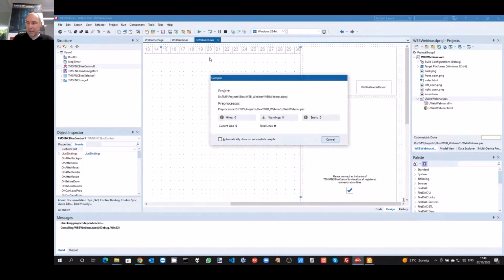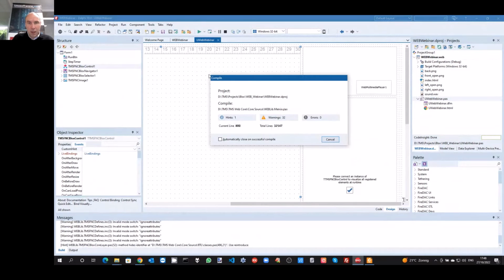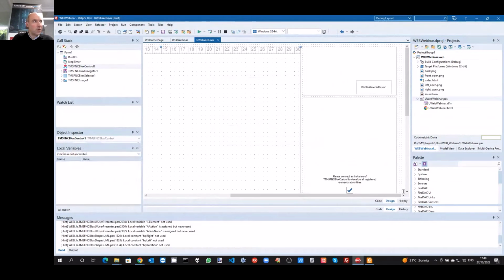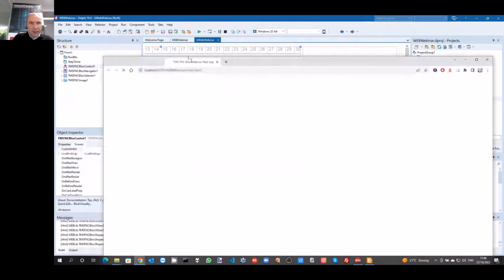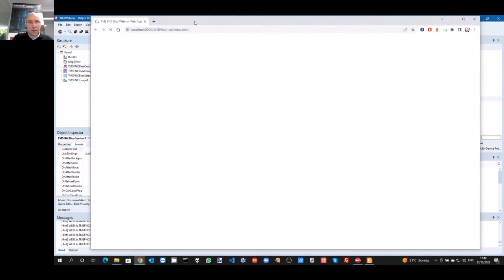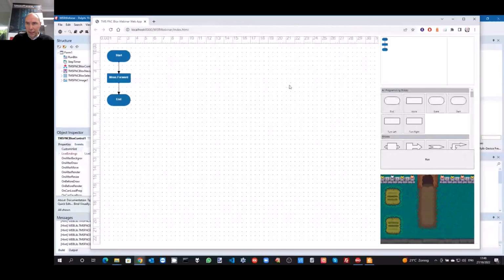Let's run this application, and the result will be this exact same workflow creation and execution, but this time running from a browser in the web as such. So it's being compiled now to JavaScript to run from the browser. The browser is again shown on my other monitor, so I bring it up here in my monitor on the right. And so here you see the flow control application.